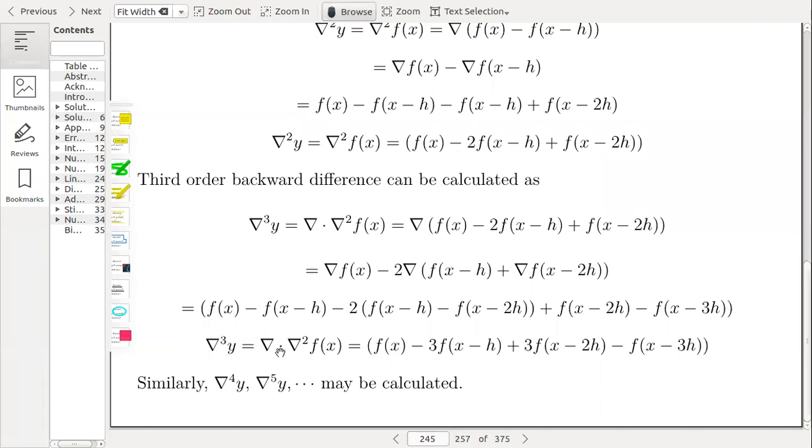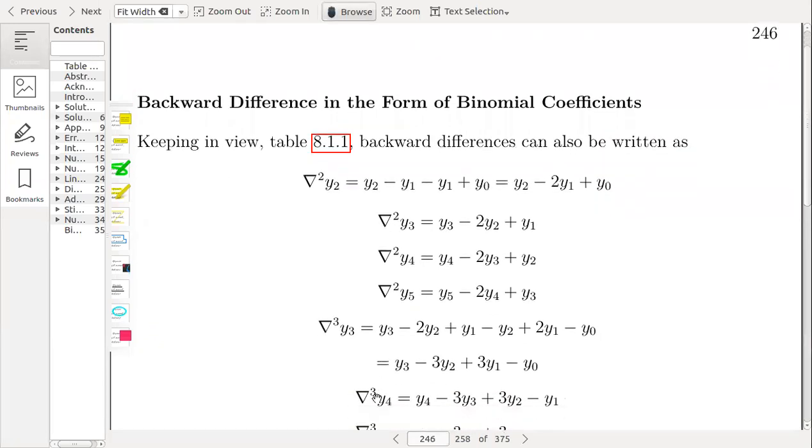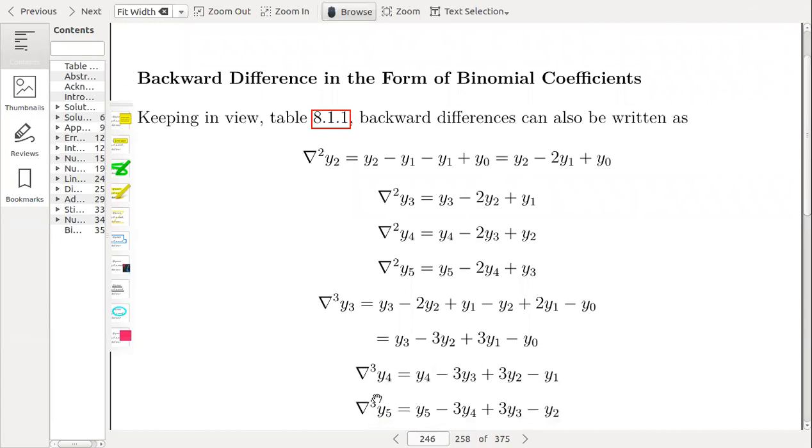Nabla cube y is equal to f of x minus 3 f of x minus h plus 3 f of x minus 2h minus f of x minus 3h. Similarly, nabla 4y, nabla 5y can be calculated. So backward difference can also be written using the binomial coefficients, as we observed that nabla square y2 can be